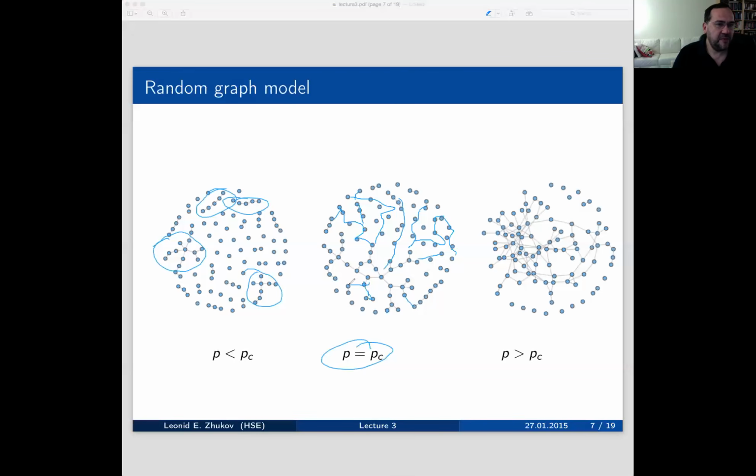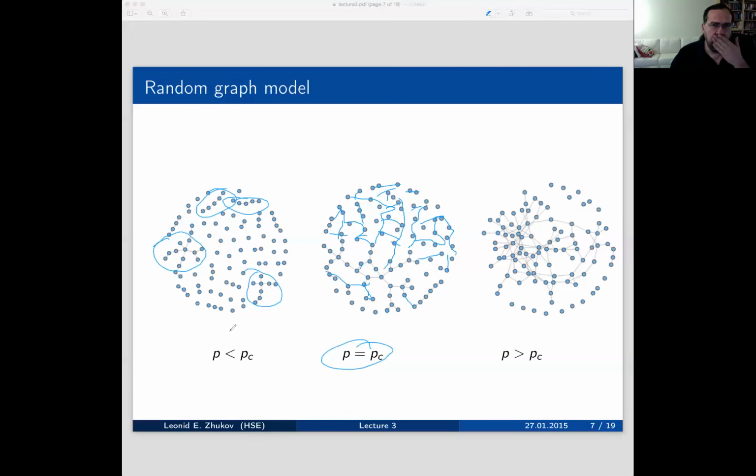After that, what's going to be happening is you start getting cycles in the graph, and things get denser and denser and denser. But the moment when, for the first time, all the nodes become connected, so you can get from one node to any other node in the graph, it just happens once. And in a sense, that's the idea why there is only one point for this phase transition. But we'll derive the equation on the next slide.